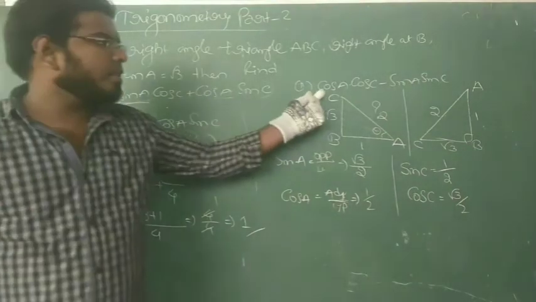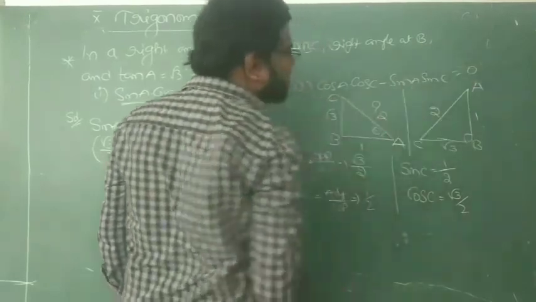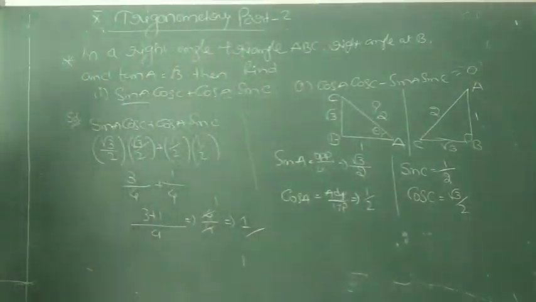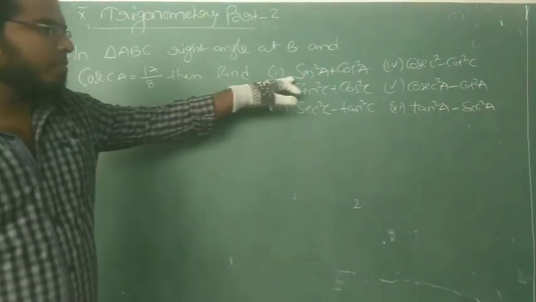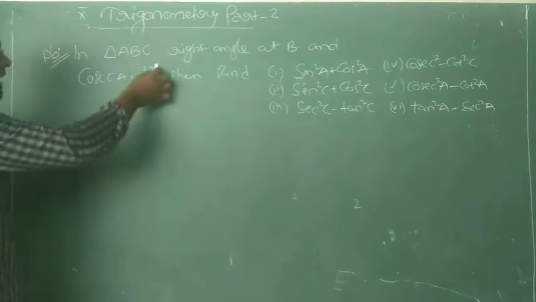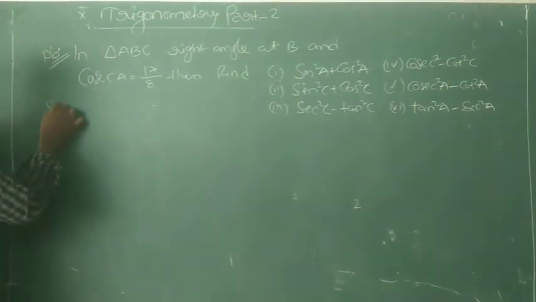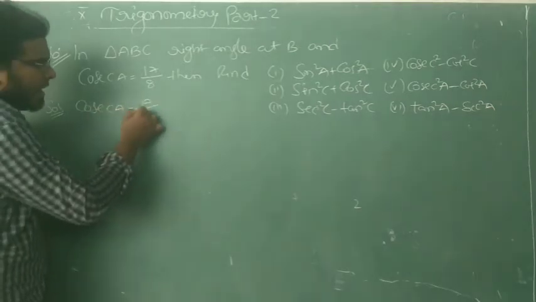And the next problem is homework. The answer is maybe 0. Try it at home, okay? Listen. In this problem, I will explain the first problem. The rest of the problems are homework. Listen to the first. We know that the solution starts first. Write the given one: 17 by 8.